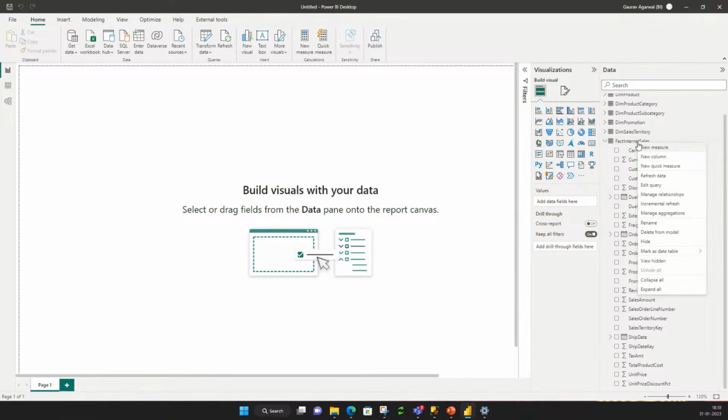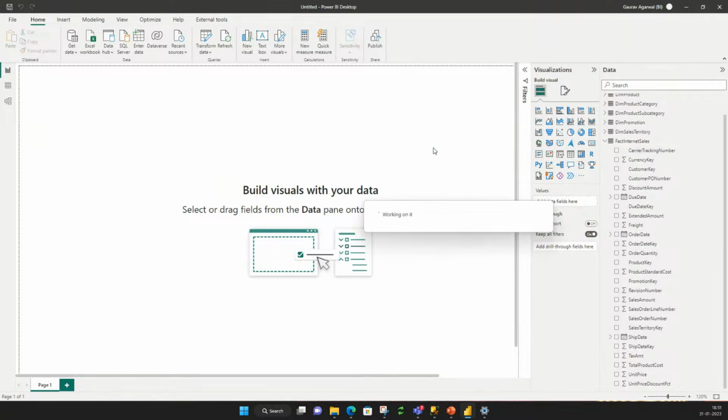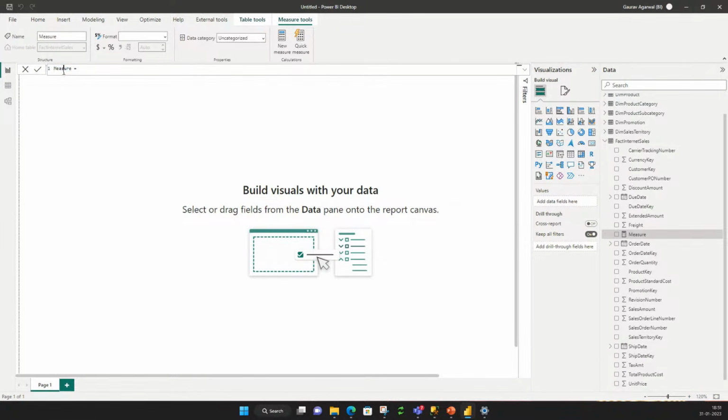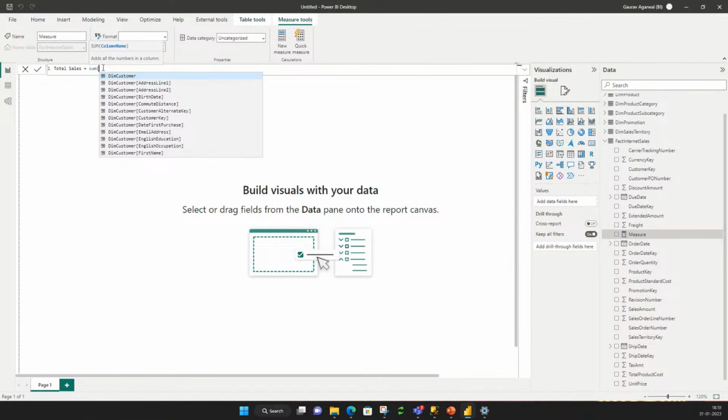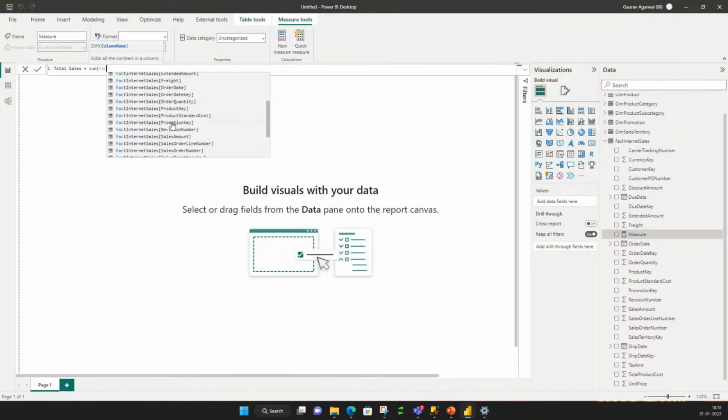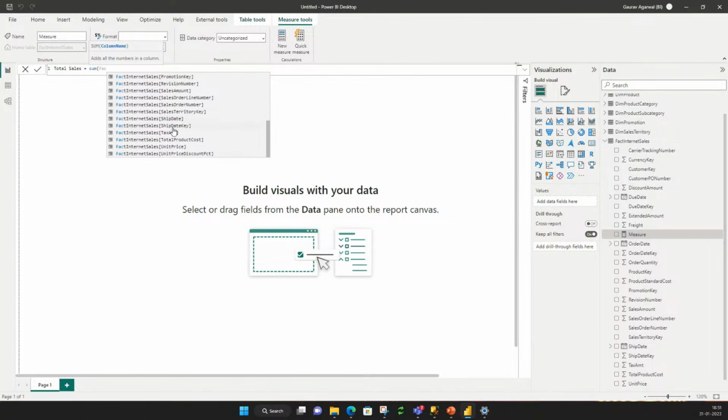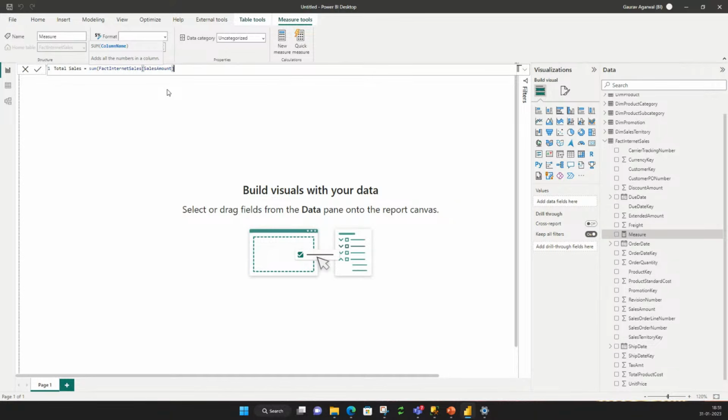So what you can do is go and create a new measure. You can right click and create a new measure, and let's say I'll give this the name total sales. And what I'm going to do is a sum, opening bracket, and sum from my fact internet sales, my sales amount, right? And I'm going to add